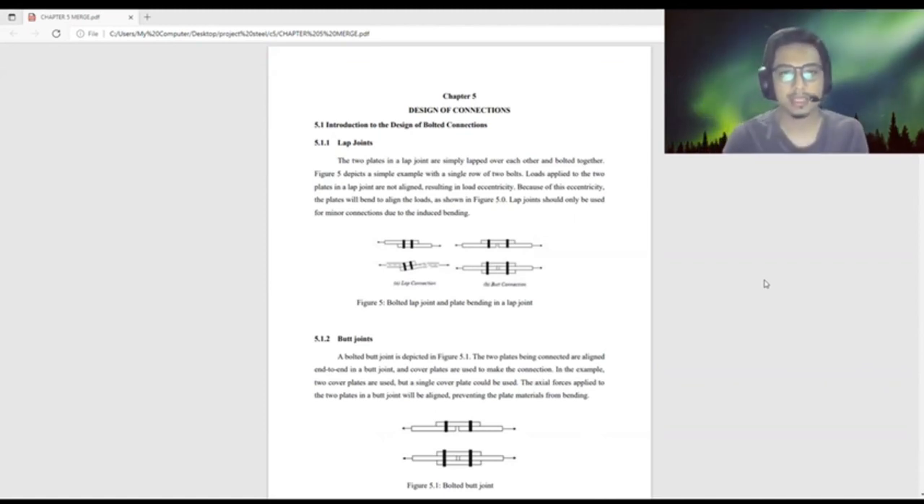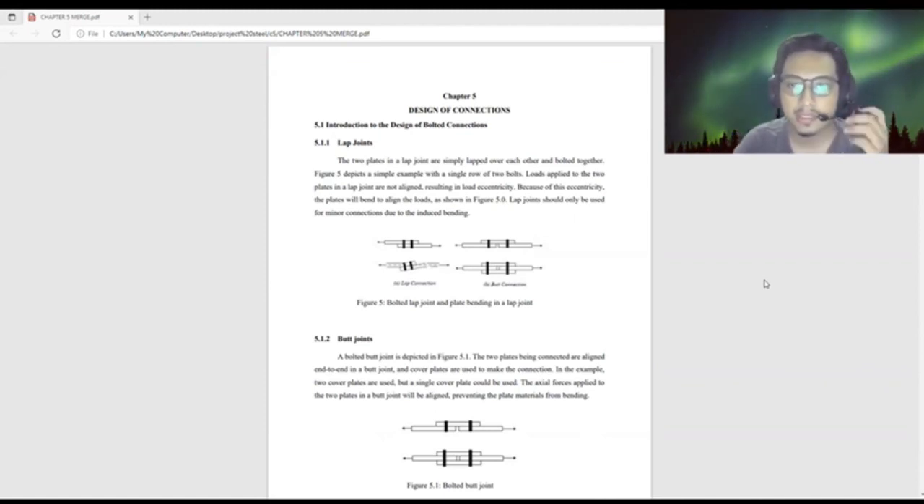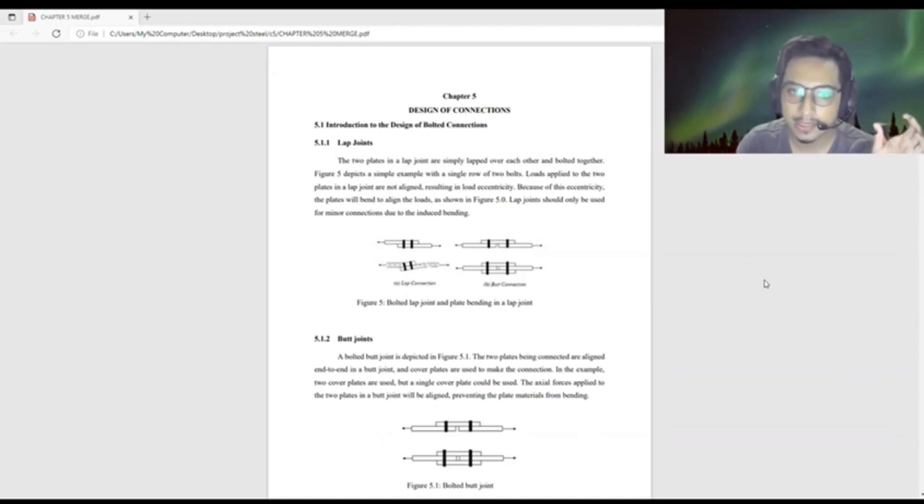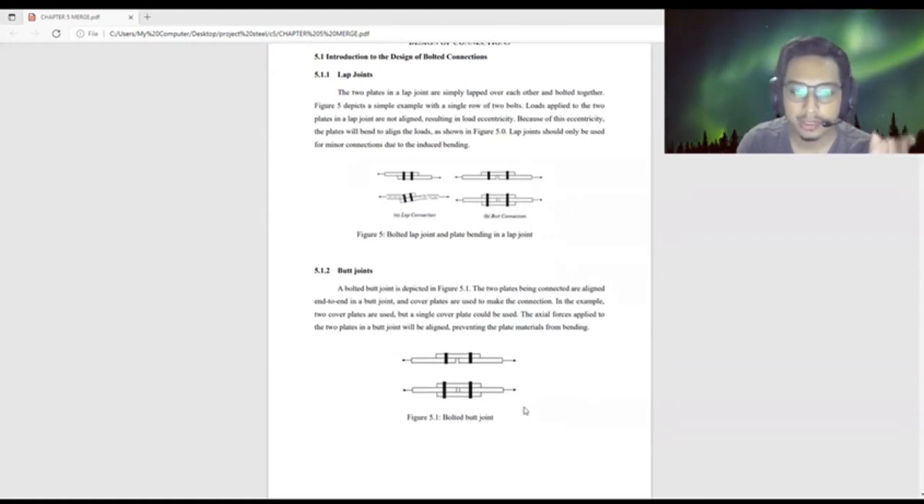Okay, so I will explain about chapter 5. Chapter 5 is the design of connections. We have a few connections, which are lap joints. The lap joint is where two plates are simply lapped over each other and bolted together. And then for the butt joints,